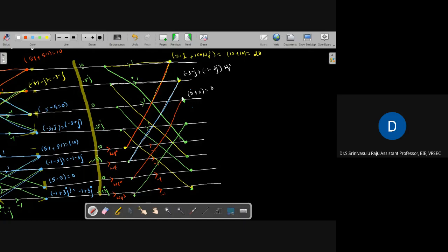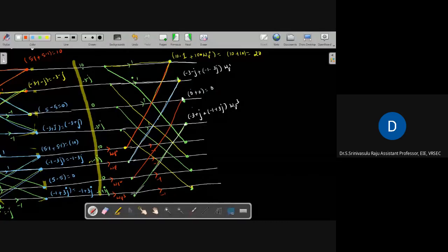And next connecting point, -3 plus j, multiply with 1, we have -3 plus j, and the connecting sequence is this one, -1 plus 3j. I am writing plus, -1 plus 3j multiplying with W8 of 3. We know these values, we will do it later. And similarly for our sequence, you see 10 from here will come and sit here, so we have 10, and the connecting point here is